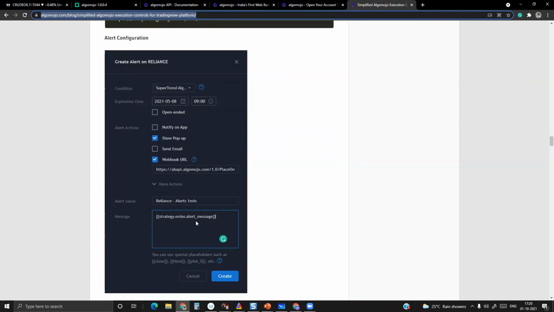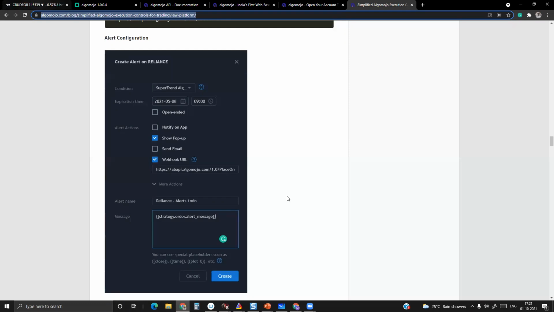So this is a dynamic message. They call it webhook placeholders. Using this webhook placeholder, we can use PineScript to transmit. Whenever a buy signal is coming in, I will be sending a buy signal message along with the buy quantity, which symbol, everything I'll be transmitting using this message itself. For selling, I'll be sending a different message. So the messaging is kept very simple in this case.